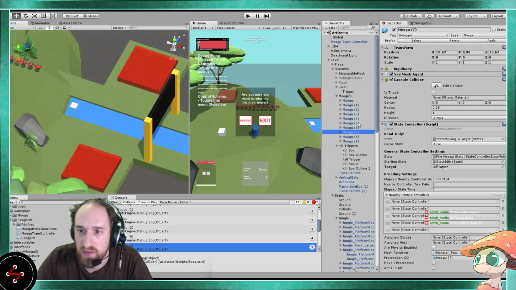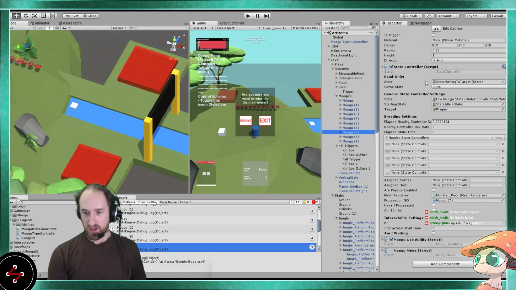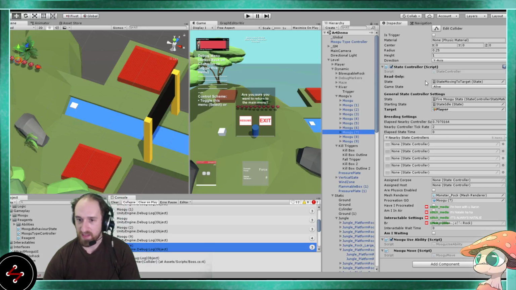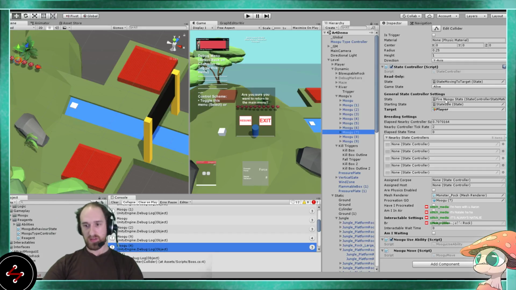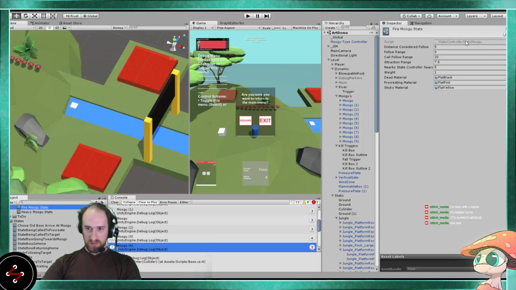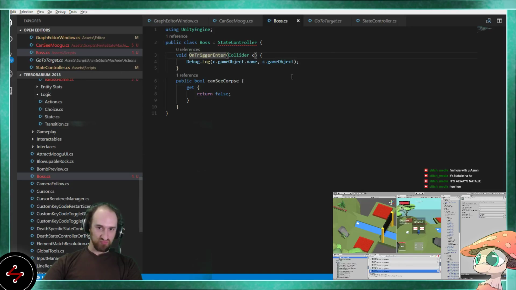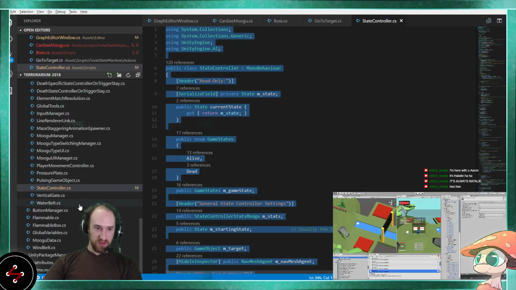So, what defines a Mugu? It has tags. It has a state controller. It has a... We had stats, I think. I don't like that, but. Here, I know what I'm going to do. I'm going to